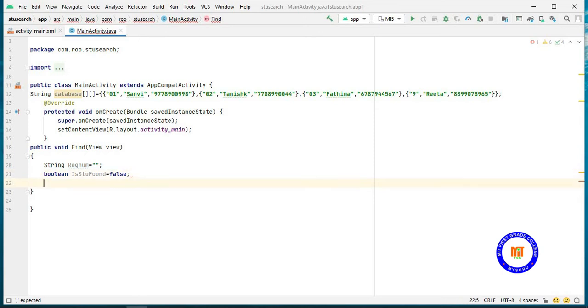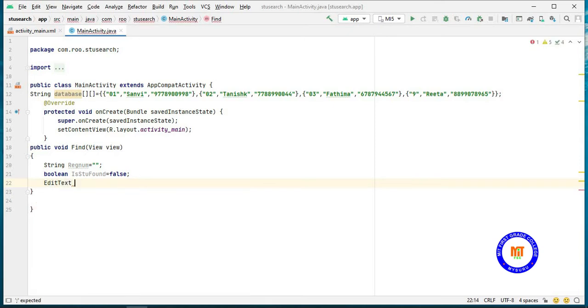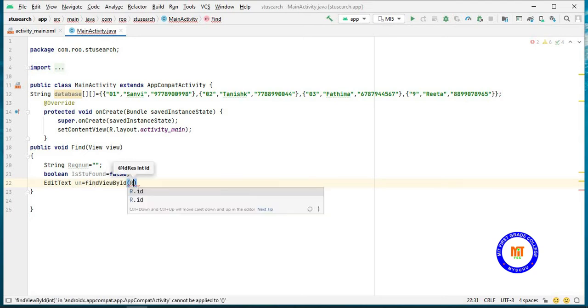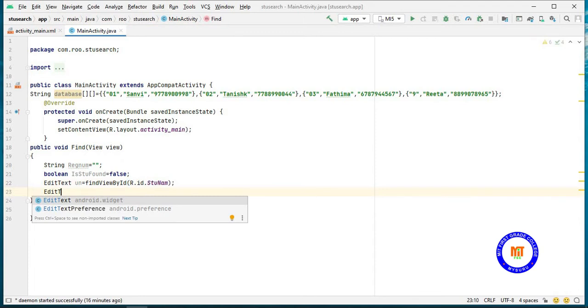Then I'll extract two values that the user has given and keep that in variables. Username, let it be UN equals, so I have to use findViewById, R.id., it is available in student name. Same as that, will initialize variable ph.